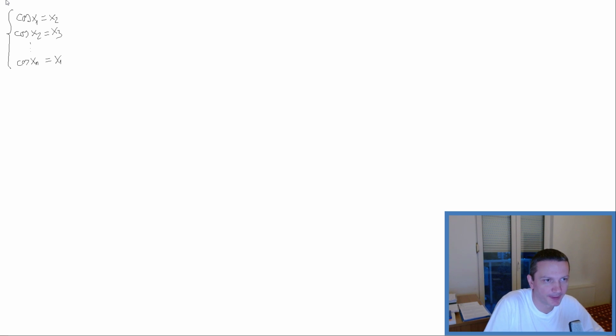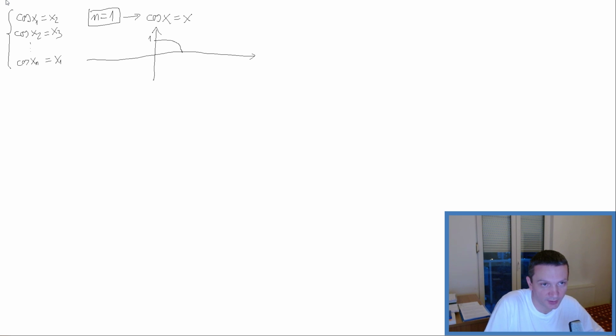So how to proceed? Let me first show what happens if n is equal to 1. If n is equal to 1, then we simply have the one equation, cosine of x is equal to x. We cannot solve this equation algebraically, that's why I said a transcendental equation, but we know by simple analysis of the graphs and behavior of those functions that cosine x is like